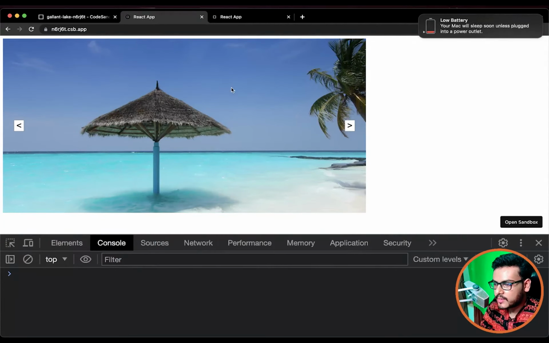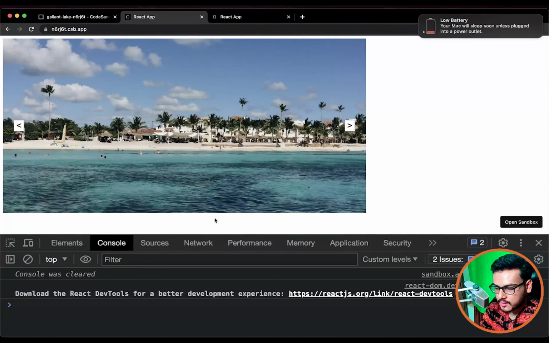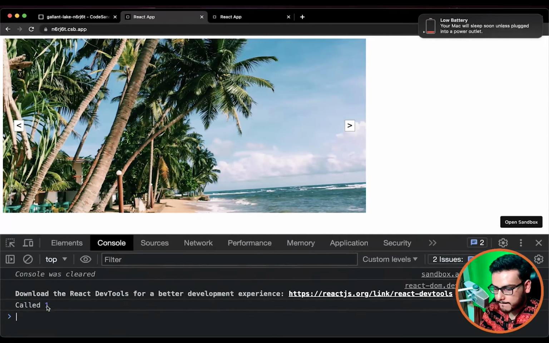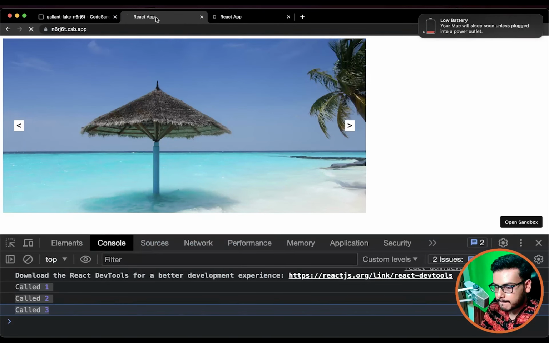Let us try to refresh and see if it is working. So we are here, called 1, called 2, called 3. Will it call 4 or will it call 3 again? No, it didn't. It stopped right there only, right? And if I make loop true again and refresh,